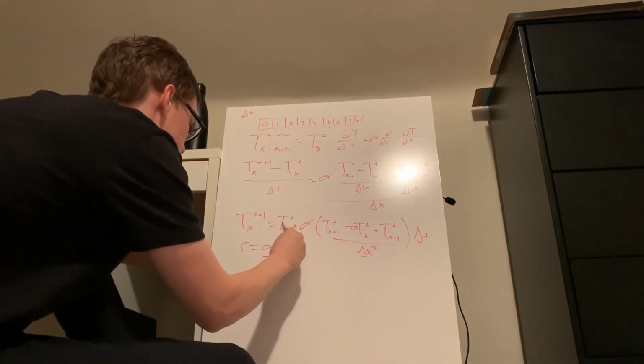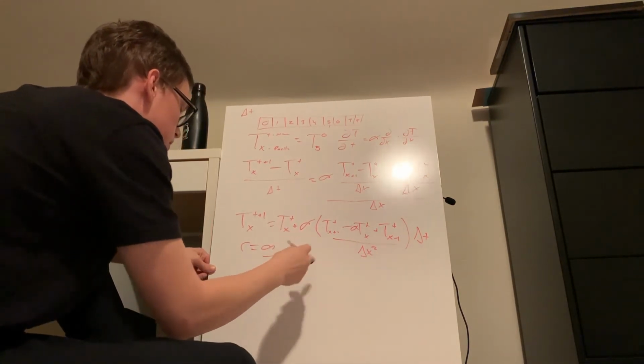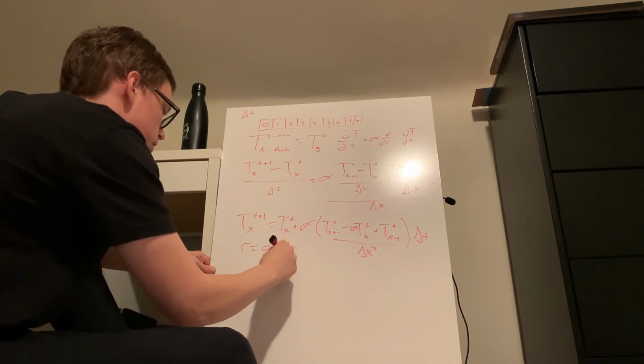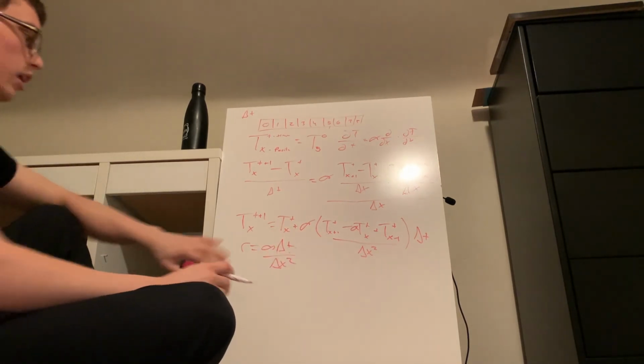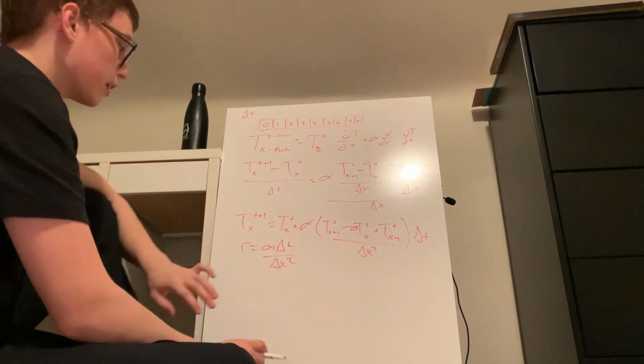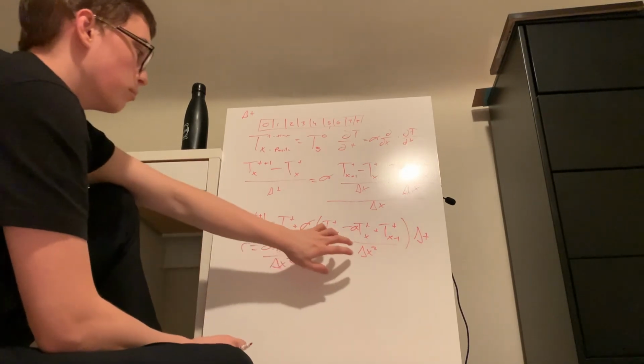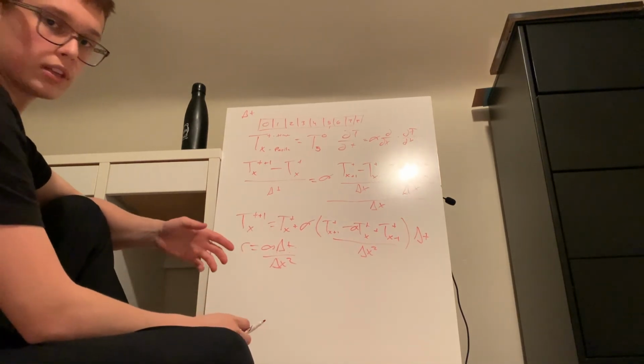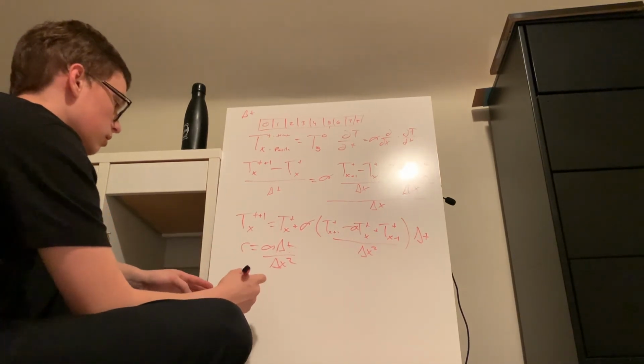Sorry, I got that backwards. It's going to be the change in time over the change in position squared. And basically that will replace a lot of these variables in our function